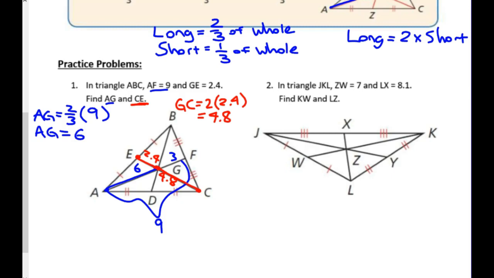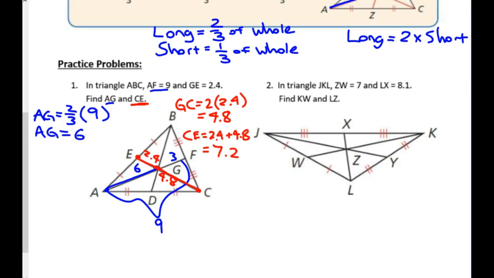So how do I figure out CE, if I have my two parts? Part plus part equals whole. Segment addition postulate. Okay, so 2.4 plus 4.8 gives me 7.2. So let me tell you, if you start with one of the parts, you can figure out the other part, and if you need to, add them together. Okay? Yeah? Let's try number 2